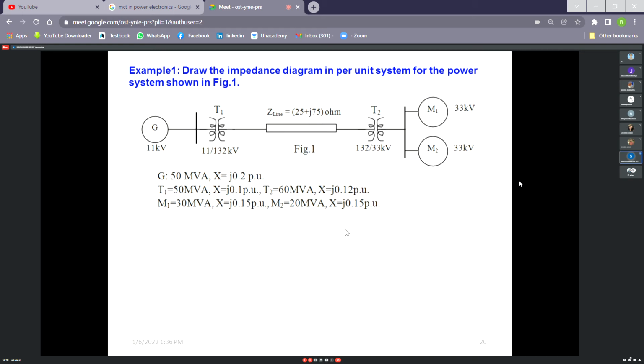Theoretically, the maximum MVA available in the system should be 60 or 100 MVA. Then it would be 100. But if we want to reduce the computation, then we see that for the generator and transformer, the two components, it is 50. So if we take 50 MVA, then we have no need to calculate for the generator and transformer T1. So in that way, we can take 50 MVA also. Have you understood how you will assume the base MVA?